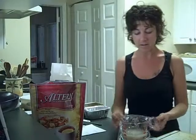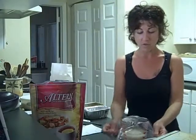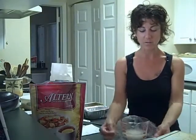Today I'm going to show you how to make this no-knead bread because a friend of mine, Heather, was talking about making something like this one day on Facebook, and I think she ran into a problem, or I read her recipe and it seemed more complicated than it had to be. So I decided that I would,